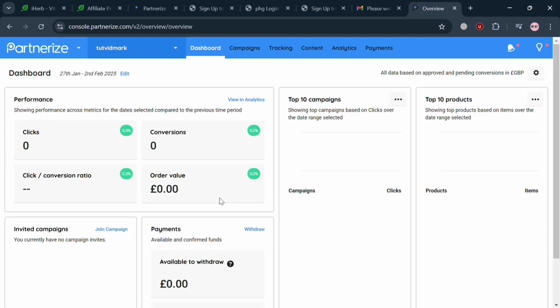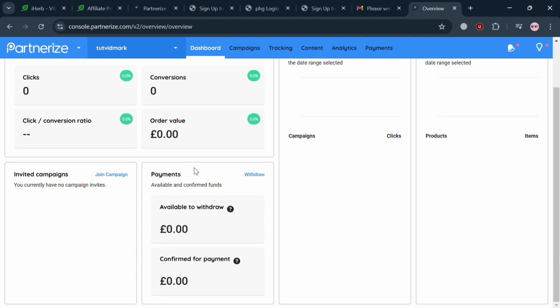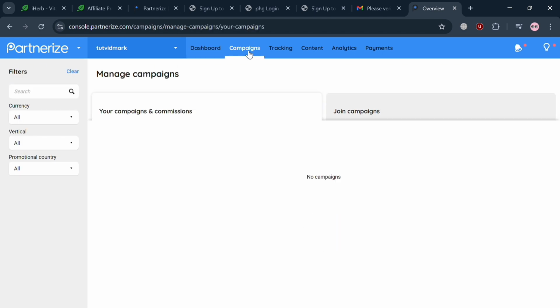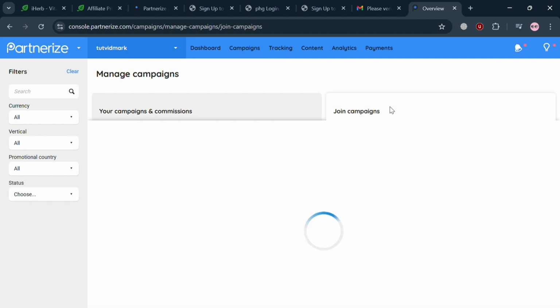And below you can track here your performance, conversions, the amount of order value, your payments available to withdraw, and many more. But now to start joining, just simply click the campaigns option on the top panel, and from here it will show you that you can simply navigate the list of your campaigns and commission. But just click this join campaigns section in here,